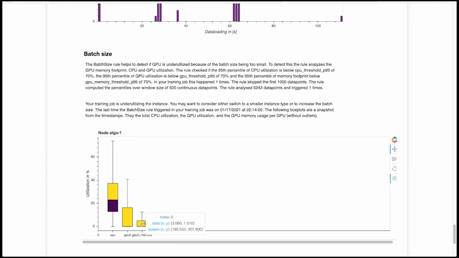So for instance, I see here that the GPU memory is not really fully utilized. It's basically less than 12%. At the same time, the GPU utilization is small, which means my training was not GPU bound. So by increasing the batch size, I would not only increase the memory footprint on the GPU, but also the utilization, because more data will be processed in parallel.